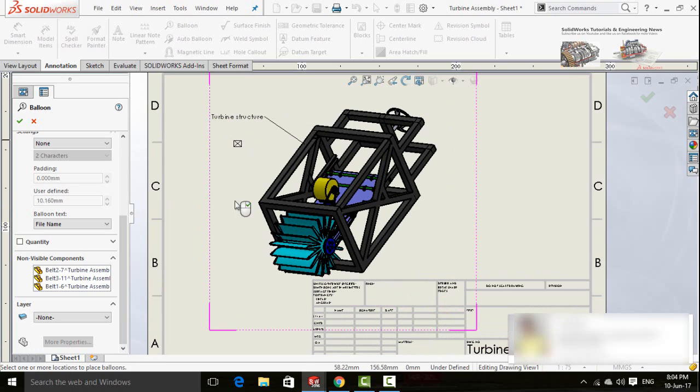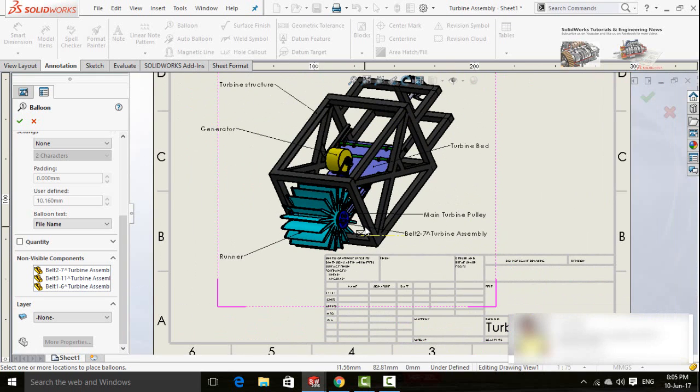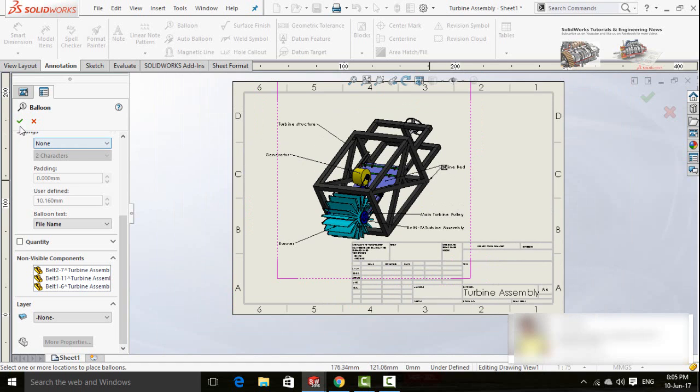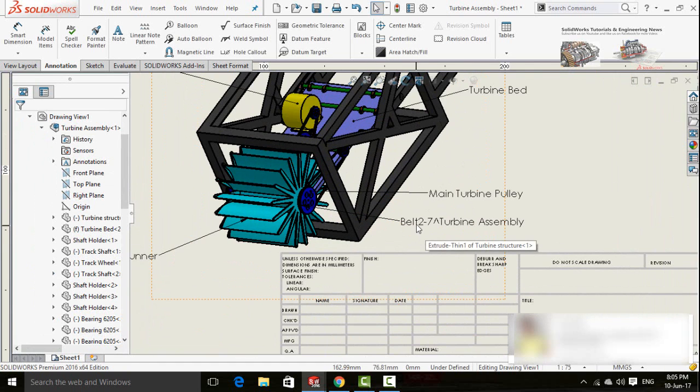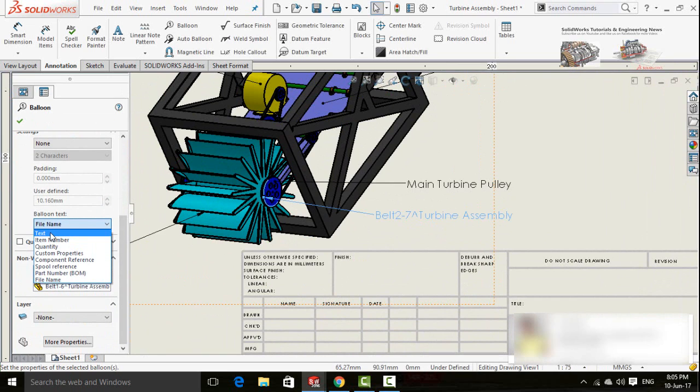The file name will be automatically shown. If you want to change the text of balloon, click on that text and in the option bar scroll down and select the text instead of file name.